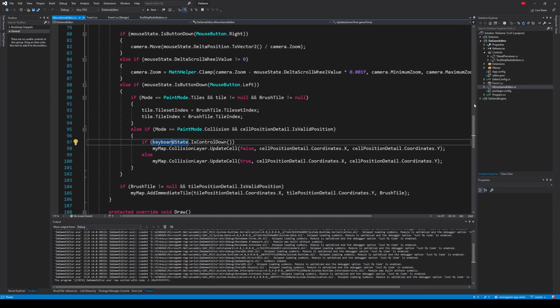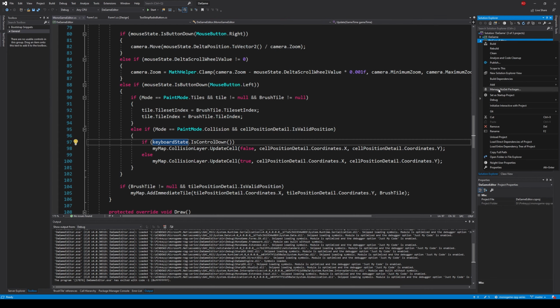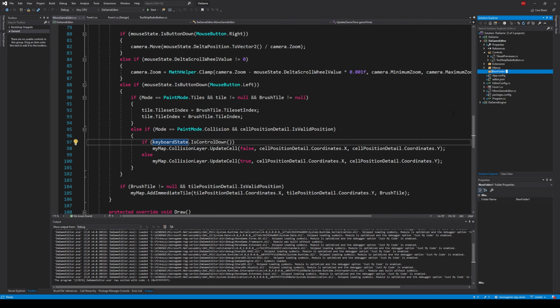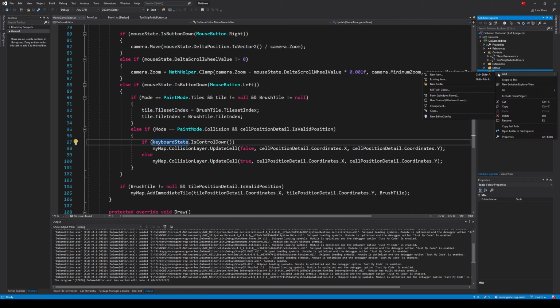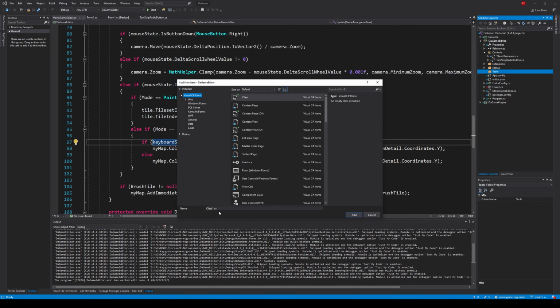So what we're going to do is go to our editor project over here. We're going to create a new folder for our tools. So right click on the editor project, add new folder, and we'll call this Tools. This folder is going to hold all of our tooling classes, but first of all we need to create a common tool class. So I'm going to right click on that Tools folder, add new item, and we'll call this PaintingTool